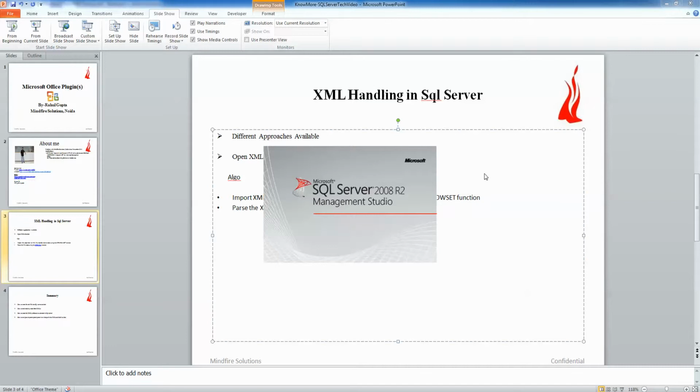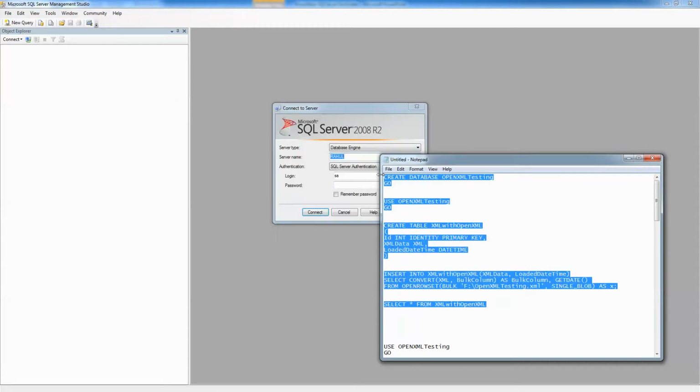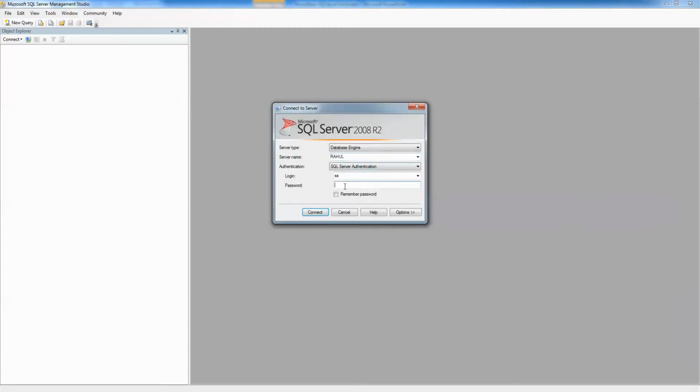So let's open up SQL Server Management Studio. It is opened up now. Let's create a new database to handle this. Let's connect to the SQL Server.